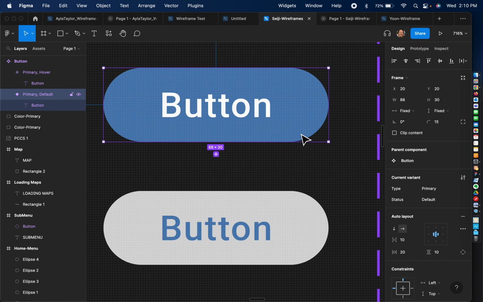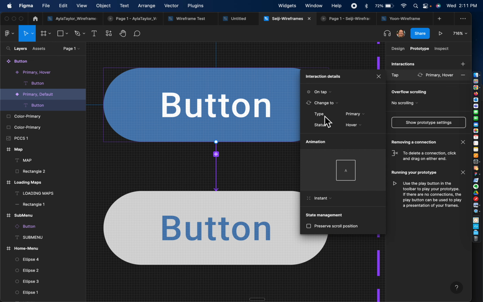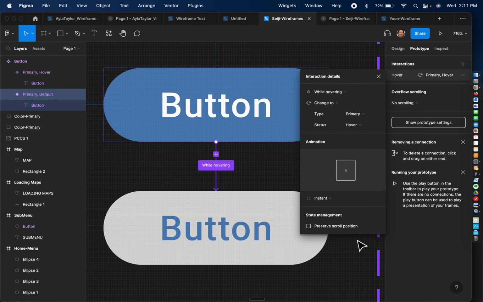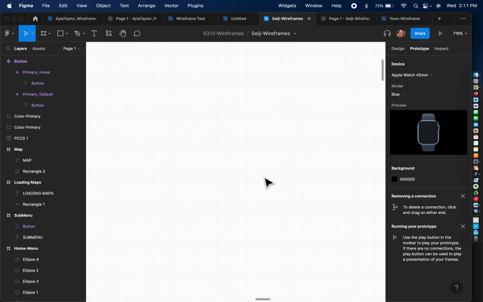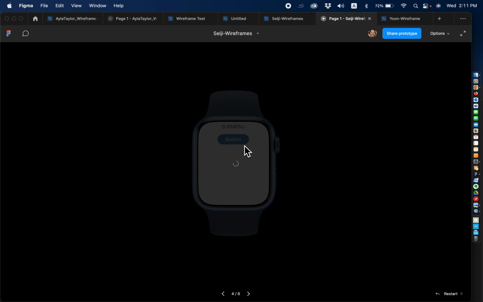So I have essentially just one button that when I hover over it, it'll look like the one below it. Okay? So after that, you go to prototype and you click on this and you drag it down. And it says while hovering. So instead of on tap, I go to while hovering. It'll be instant. And I'm done. So this little thing that I have here, when I preview it,